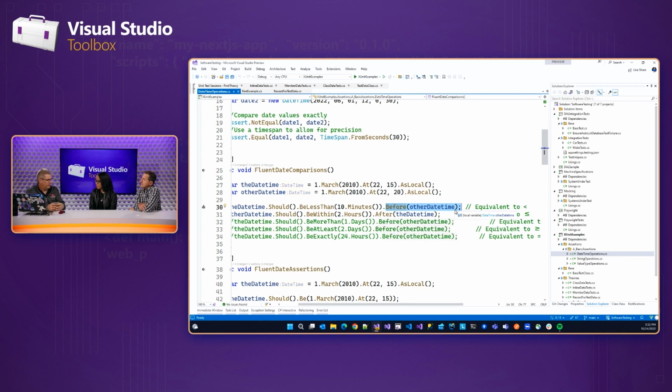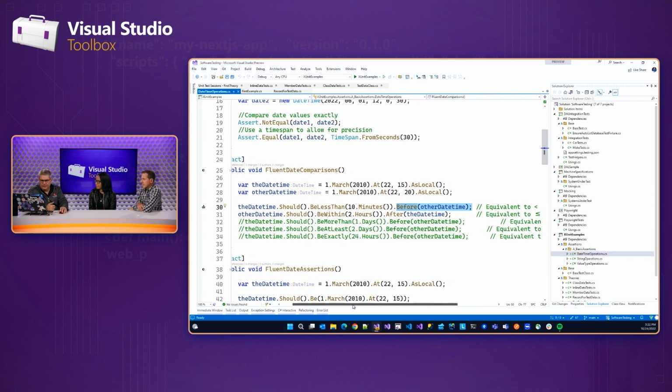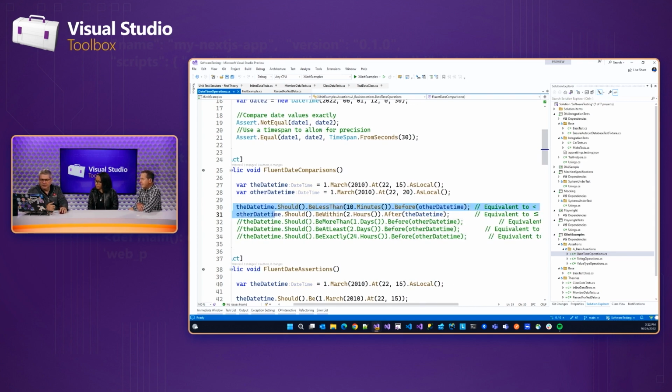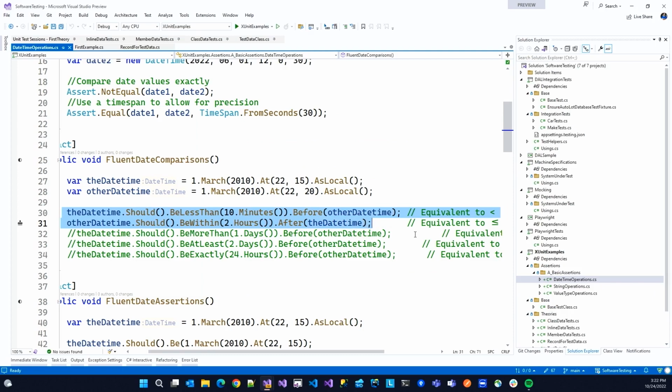Yep. And really, when you're talking about Fluent, what are you returning out of a Fluent? We are returning a date time out of this should. What are we returning out of here? We're returning a date time range assertion, right? And so what you're doing is you're returning, it's an extension method, it's returning the thing that it's extending, right? So what the Fluent allows us to do, and they're much better with date and time, is I could say, I want it to be within 30 seconds, right?